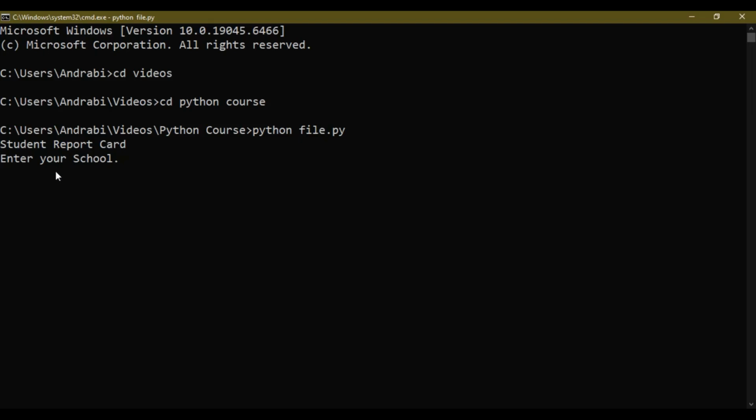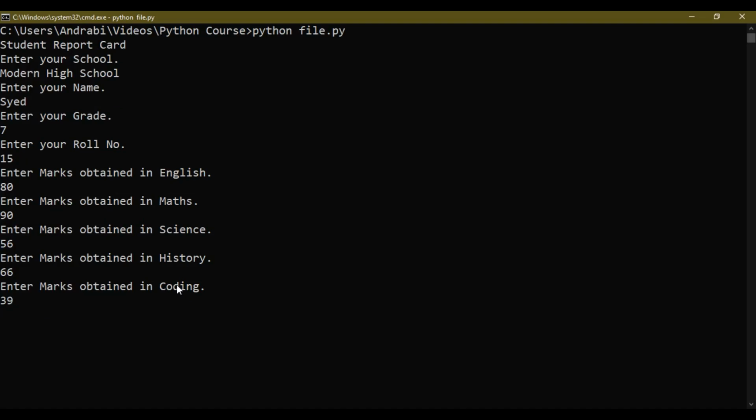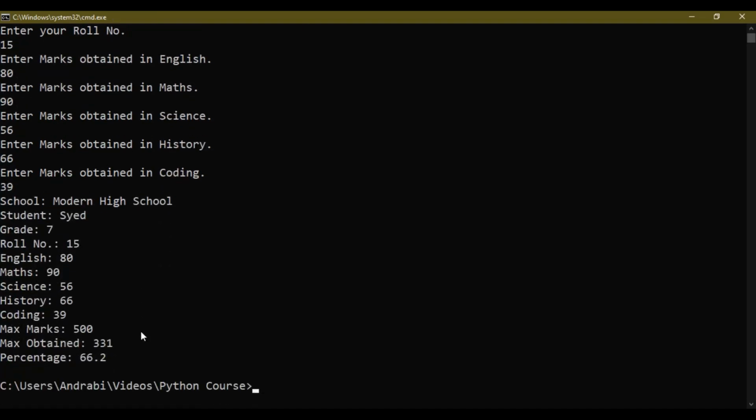Say for example, I am writing my school, modern high school. Then enter your name. Say for example, Said. Then enter your grade. Say for example, 7. Enter your roll number. Say for example, 15. Enter marks obtained in English. I will add random marks. Say for example, I got 80 marks in English, 90 marks in maths, 56 marks in science, and in coding I got 39 marks. Then enter, and here is our report card,